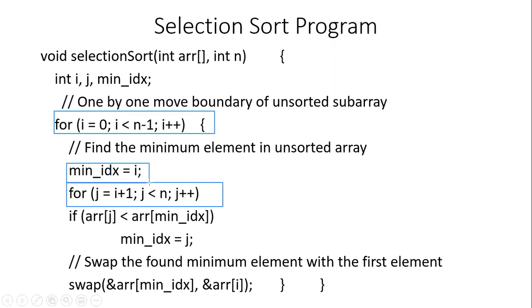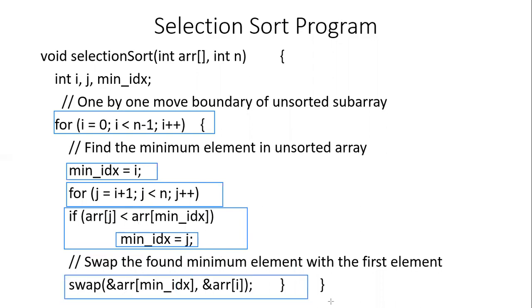And this is by default, assuming that the first element in the list is the smallest element. And the most important one is this: if you find that any number in the list when you traverse is smaller than the first element, then we simply change the value of the minimum index. And at the end of the list, when all the comparisons have been done, we swap the first element in the list with the smallest element in the list.